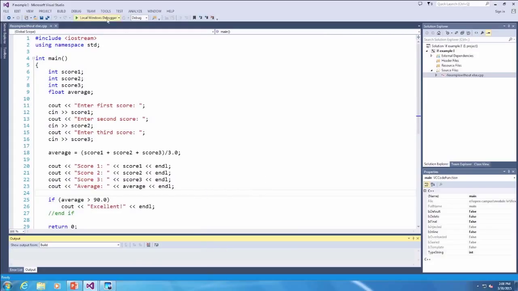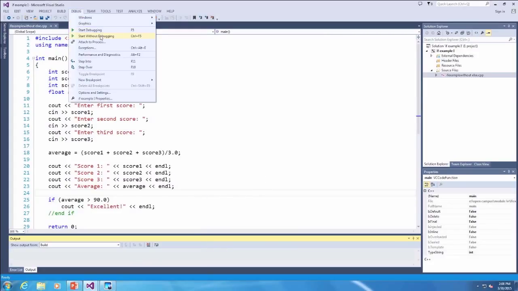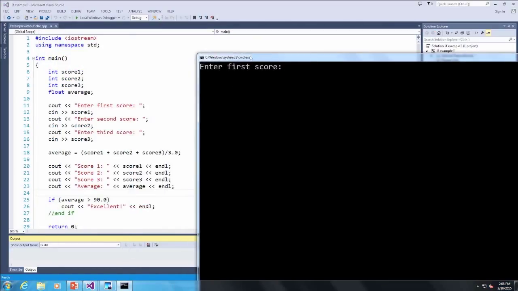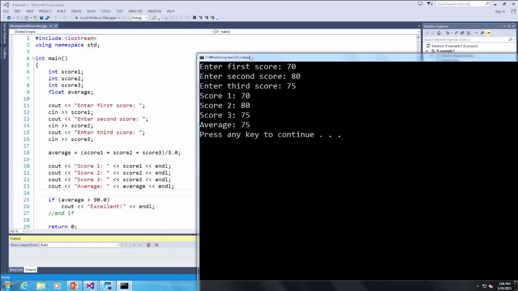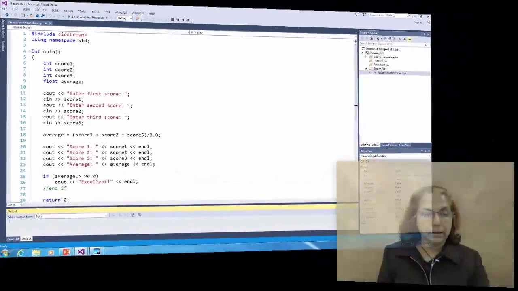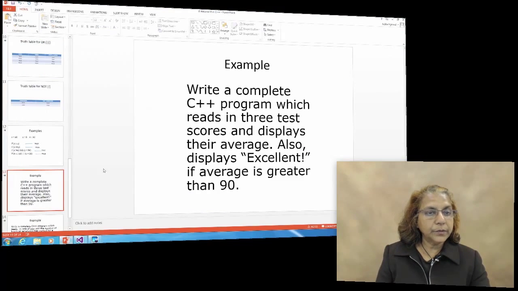Let's run one more time where average is less than 90. Let's see what happens. So enter first score, let's say 70, 80, 75. This time all the 3 scores and average is displayed, but we don't see excellent. So this part was totally skipped. So let's go back to our presentation,